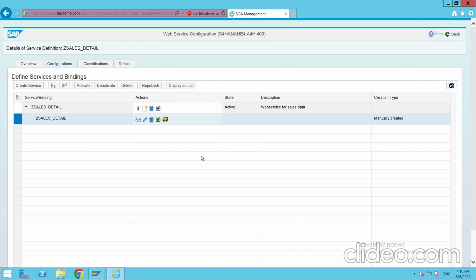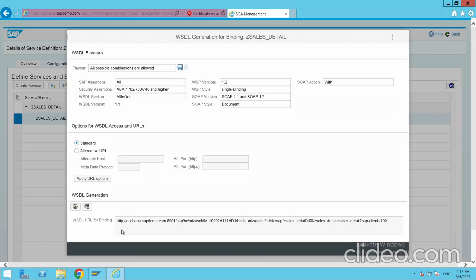Now in the SOAP based web service, there's a concept of WSDL, web service description language, and that WSDL file you can find by clicking on this icon, open binding WSDL generation. Click on this. Now you can see the URL generated. Either you can copy this URL,